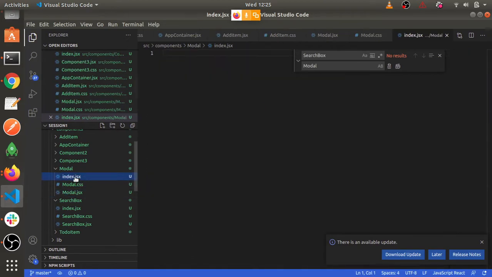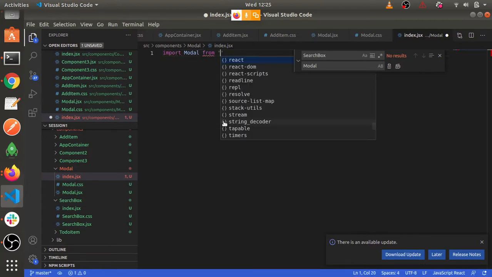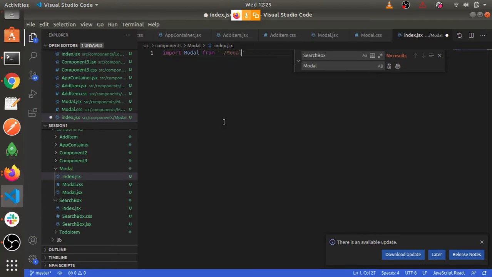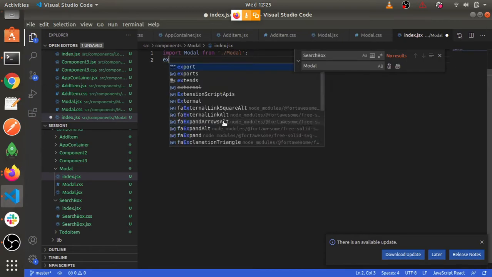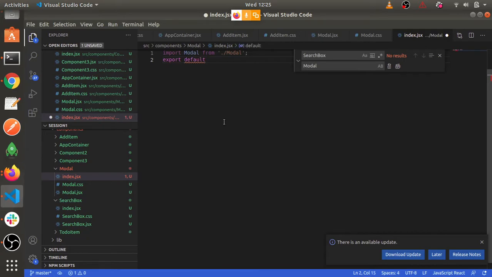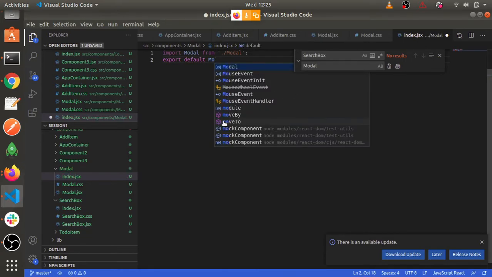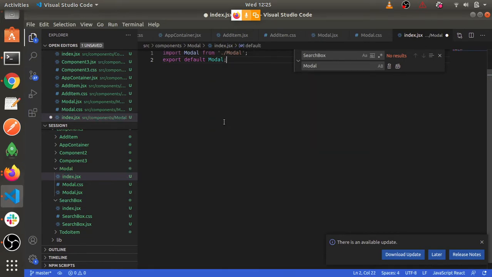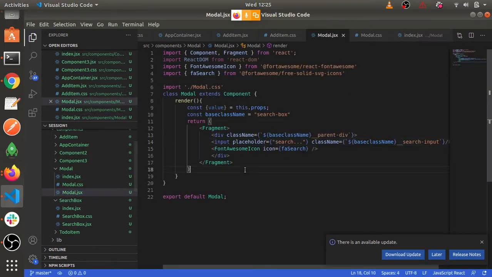I'll do replace all, and everything is changed, right? Similarly, I'll import it here, import modal from modal, and export it. That option comes with the search box and replace. This is Control F. You can see here, I'll do Control Z again.